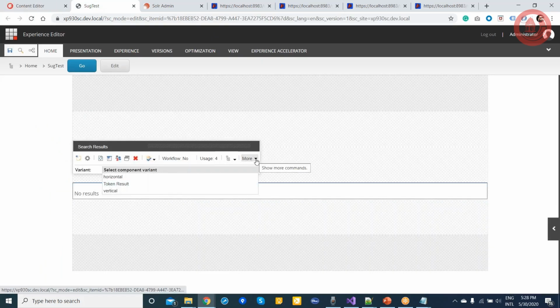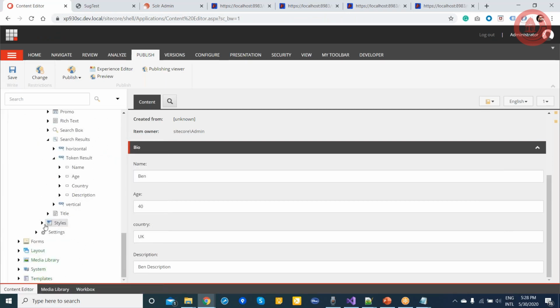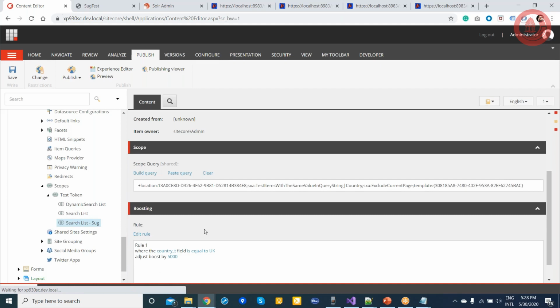first I need to define the scope for the result component. So scope is basically a preset of conditions which you can plug in with the search result component. So for this component, I will go to settings. In the settings for the scope, I have created a search list scope.